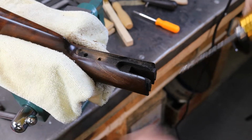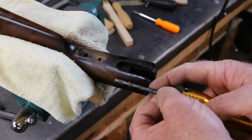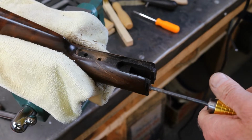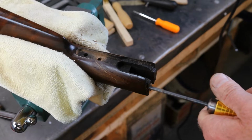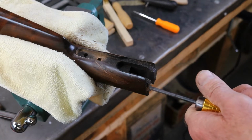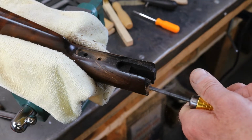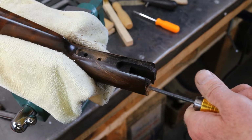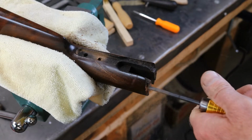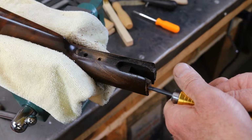Okay, we'll go to the next one here, coming in from the front, and we've got another line back here to show where to stop for this one. So we're going to go into about right here. Okay,